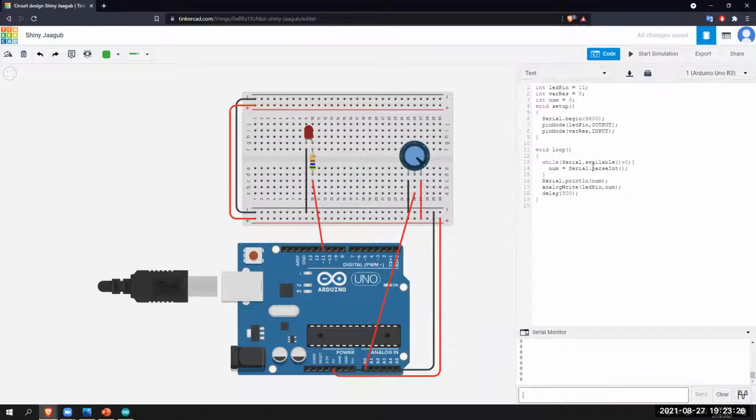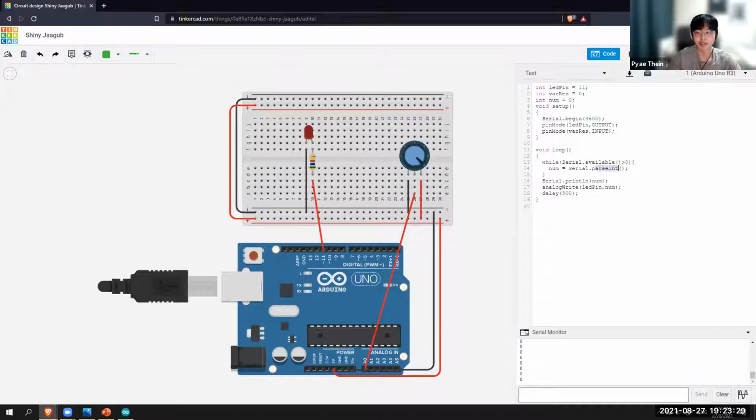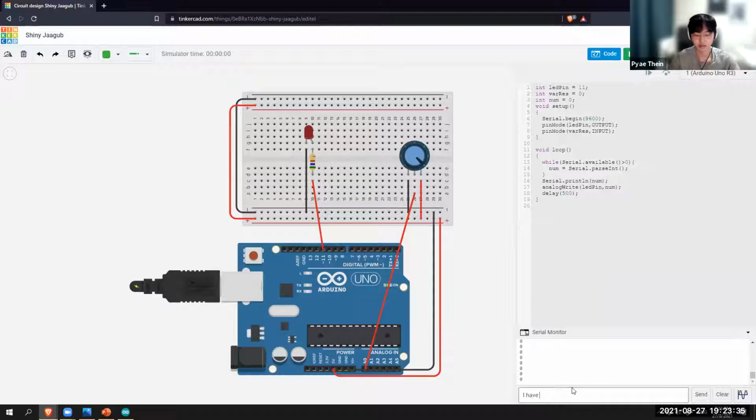All right. So now what parseInt does is that whatever you type in, like let's say you've typed in a string as well, along with a number, an integer, it will only take the integer in the serial monitor, and it will basically discard the strings. So if you put it in,